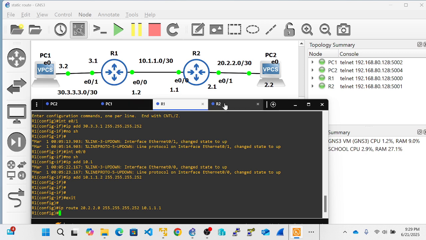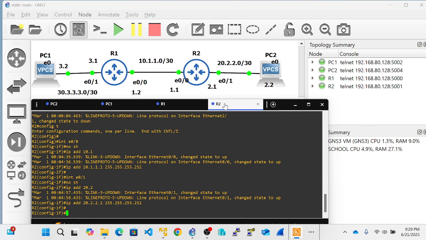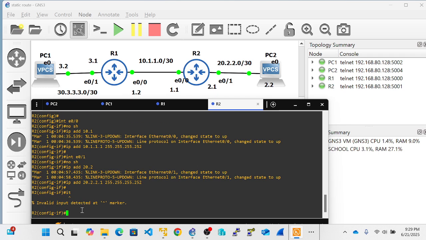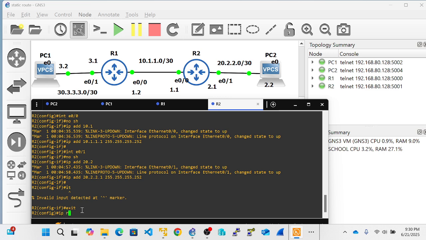Now we come to router 2. Router 2, we have the remote network is 30.3.3.0/30, and when I want to send packets from this router to this network, I have to send it to this interface. So that means that this interface 0/0 for router 1 is a gateway for everybody that is on this entire network. So that means I have to say IP route, remote network, which is